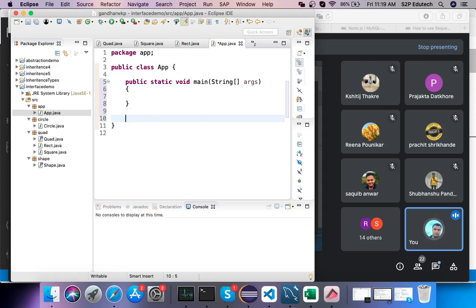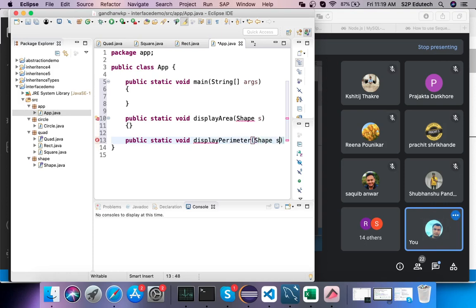Along with this, I'll have a public static double or void display area, and I'll pass shape s. Then I'll say public static void display, दूसरा क्या है, perimeter, again shape s.